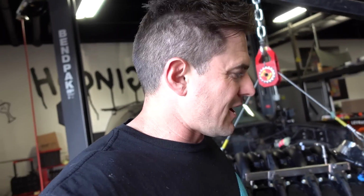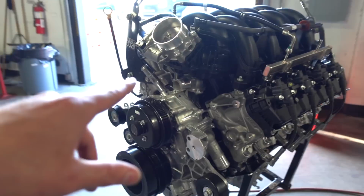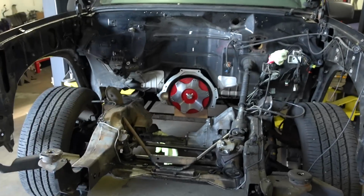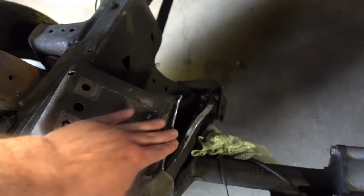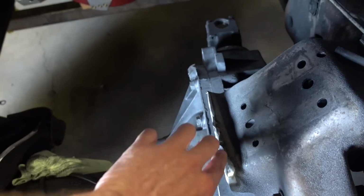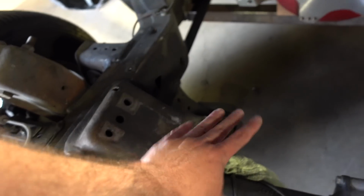So, where I last left off, a couple days ago. Trying to get this into this, it's a lot tighter of a fit than I would have expected, so we're going to have to figure some things out. Already, we've done a little bit of cutting. Originally we didn't have the diff in, so we threw that back in. We did some cutting here, but we're basically going to have to cut more off of these anyway,